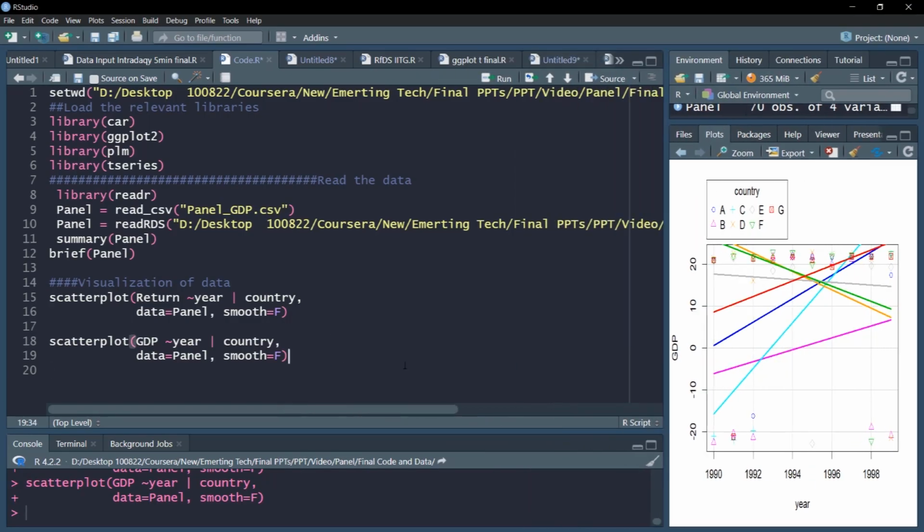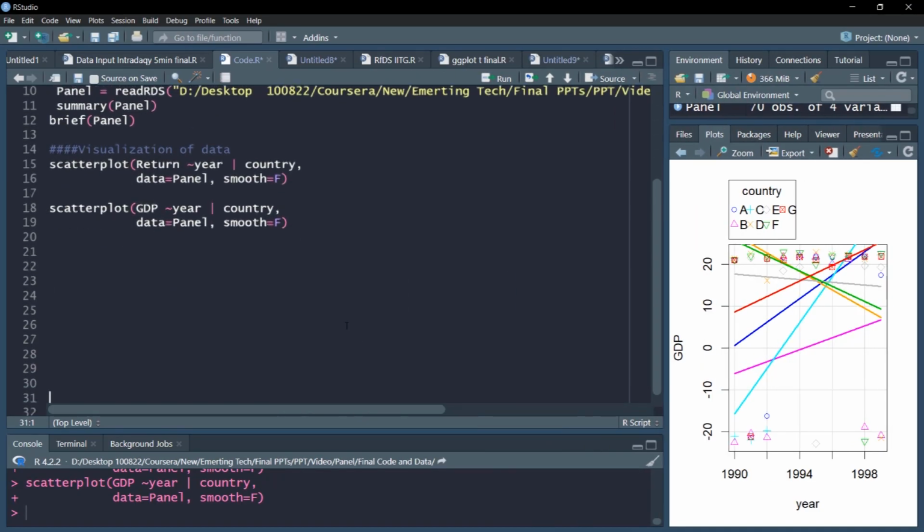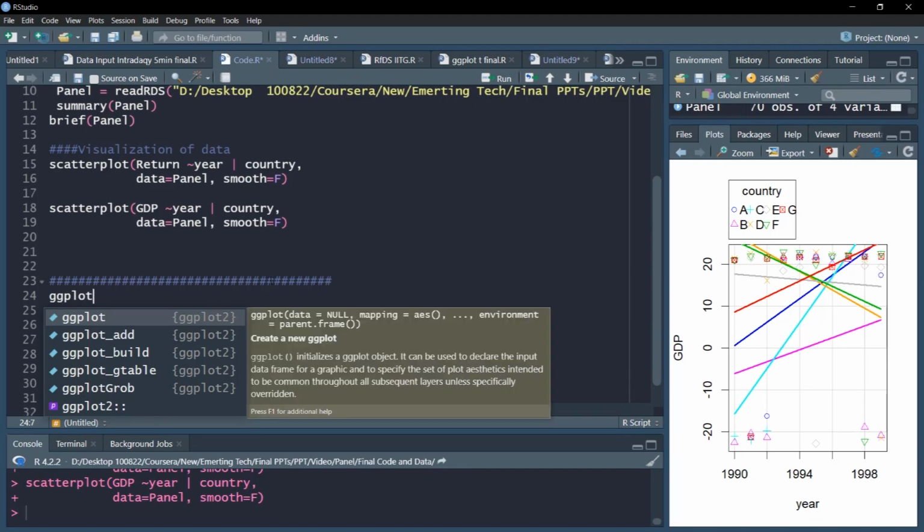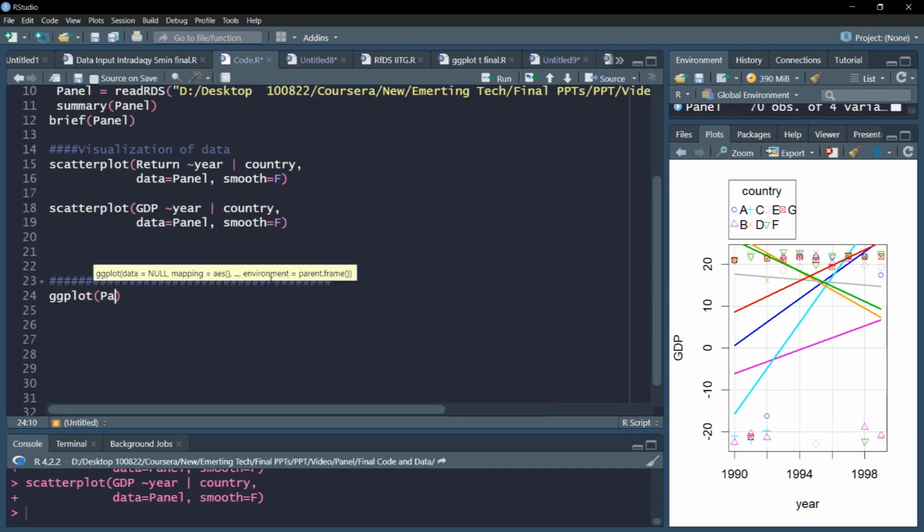Let us also use the ggplot command to visualize this in box plot form. Box plot is a very useful way to visualize a univariate series. We'll supply the data, which is panel data, and the aesthetic argument: on the x-axis we have GDP.